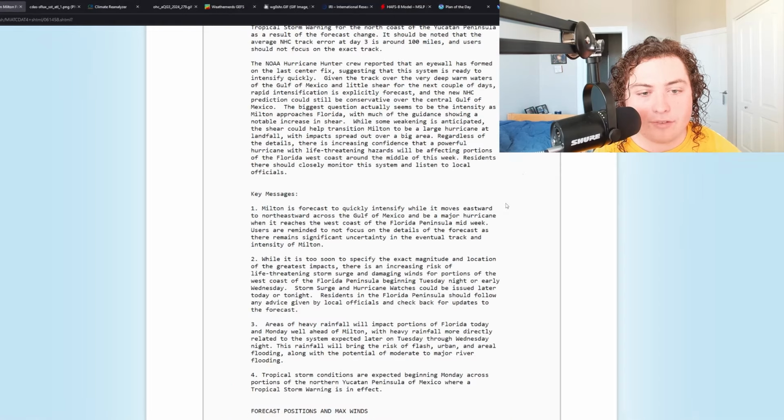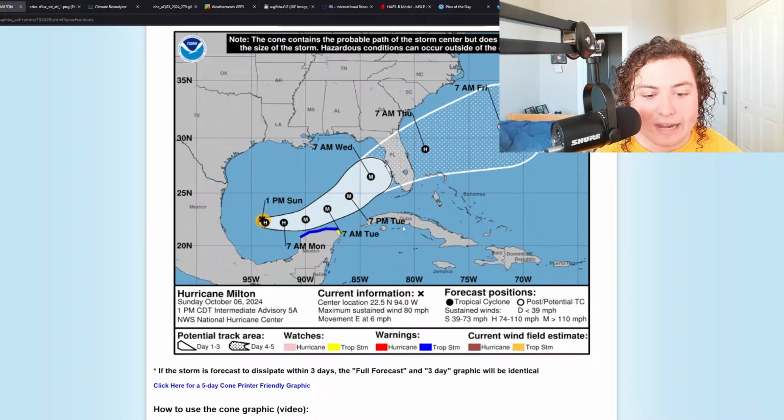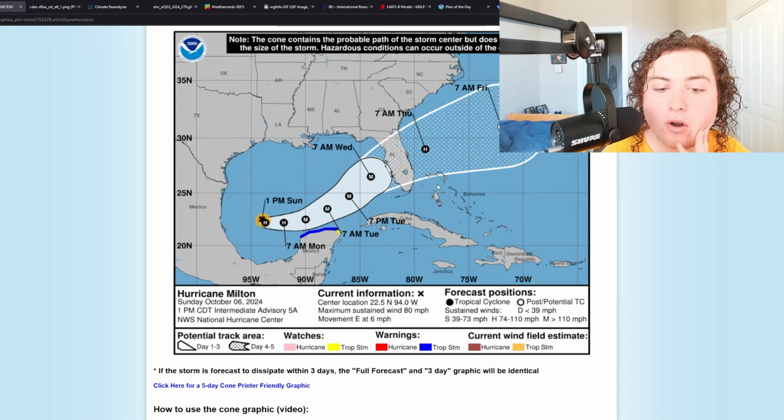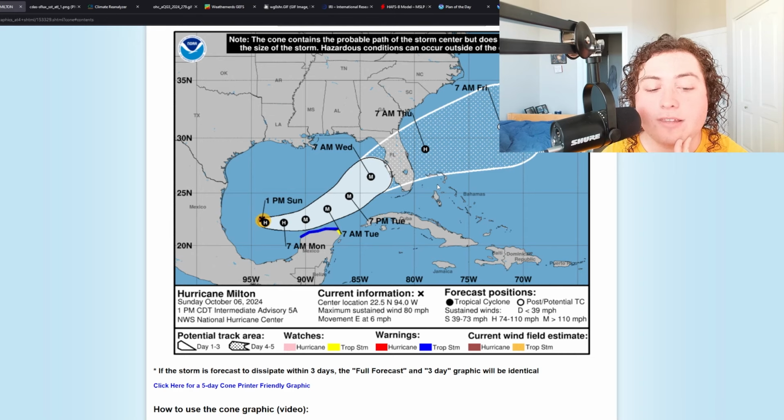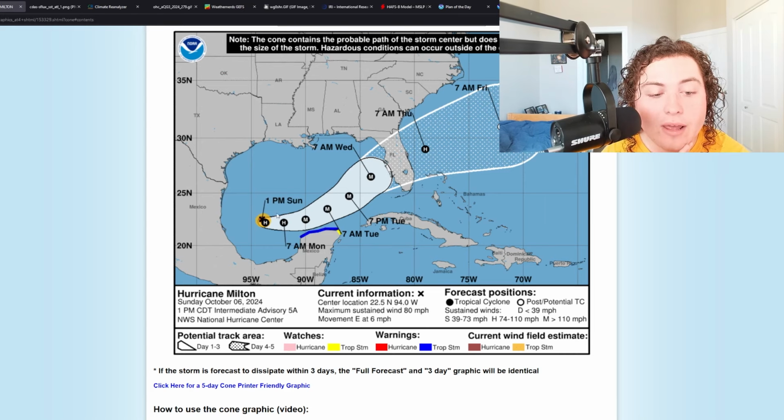So we're going to have to pay attention to that as well. Let's go ahead and pull up the cone. As of right now, there are tropical storm warnings in effect for parts of the Yucatan Peninsula of Mexico. There are going to be hurricane watches in effect in the next little while. We're looking at hurricane watches in effect probably in the next, I'd say, 12 to 24 hours or so for much of Florida, including Tampa Bay, including Sarasota, including Fort Myers, including all those areas right there